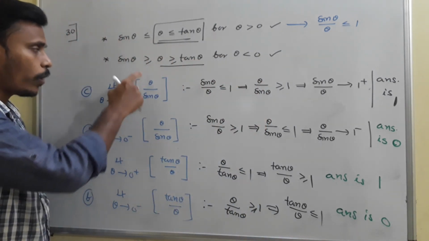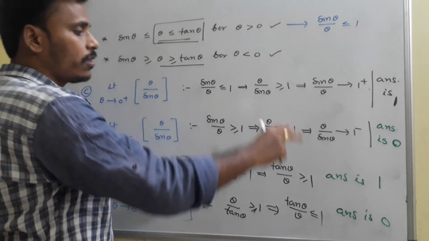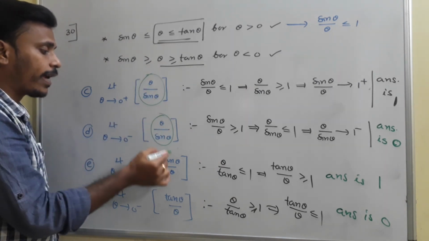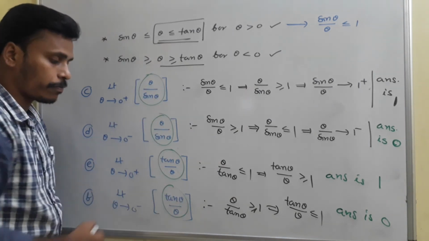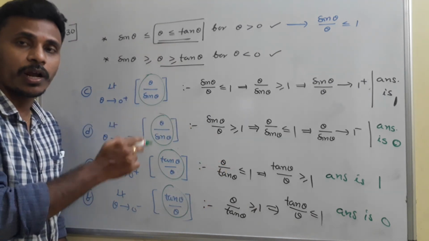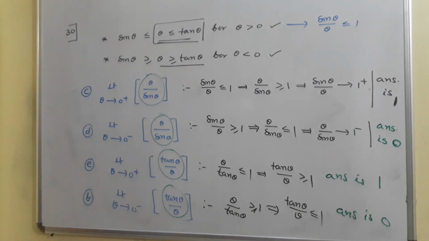So in this way, with these two relations, we will answer all these types of questions. We need to think about the value of the expression which is there in this step. If it is more than 1, our answer is 1. If it is less than 1, our answer is 0. That's it. Have a look. Very simple, but you need to analyze everything and then memorize.